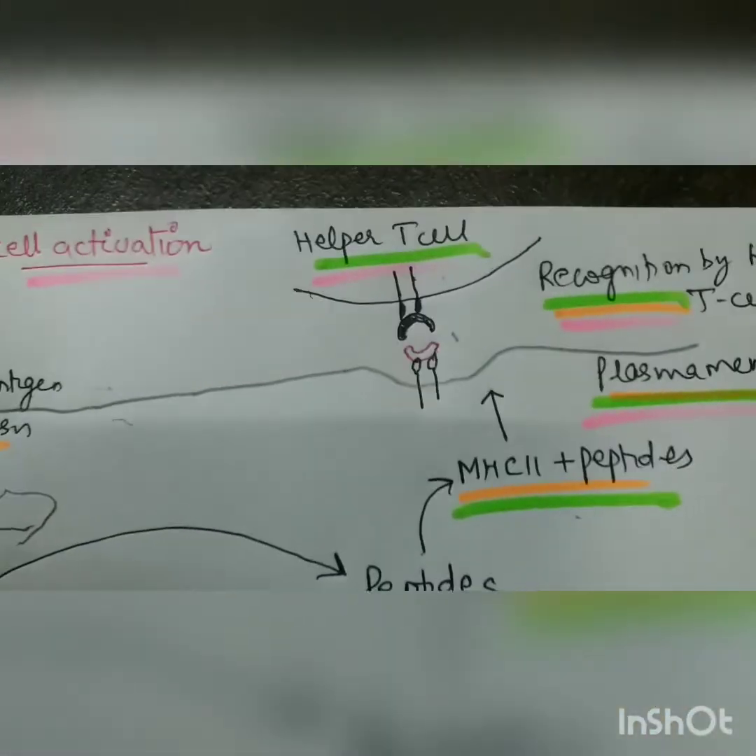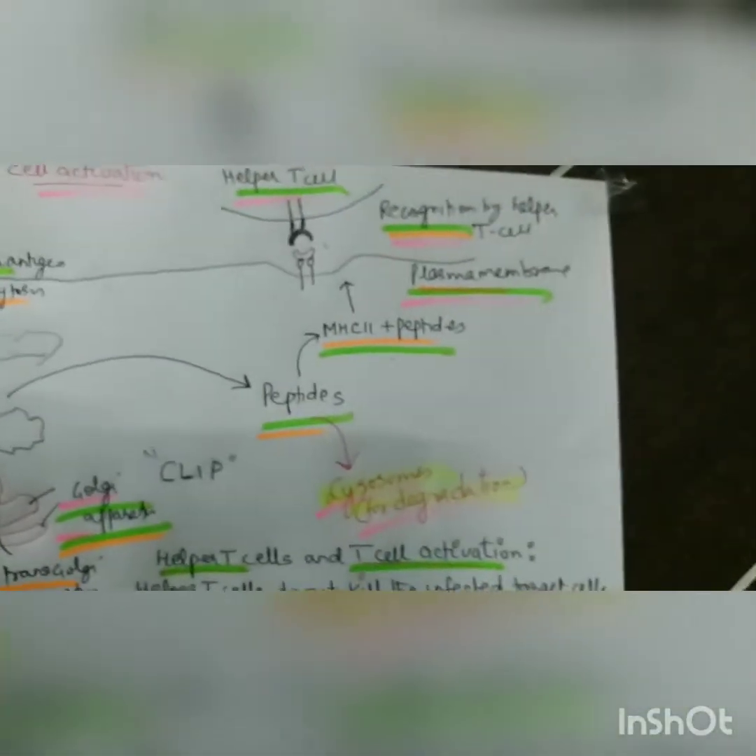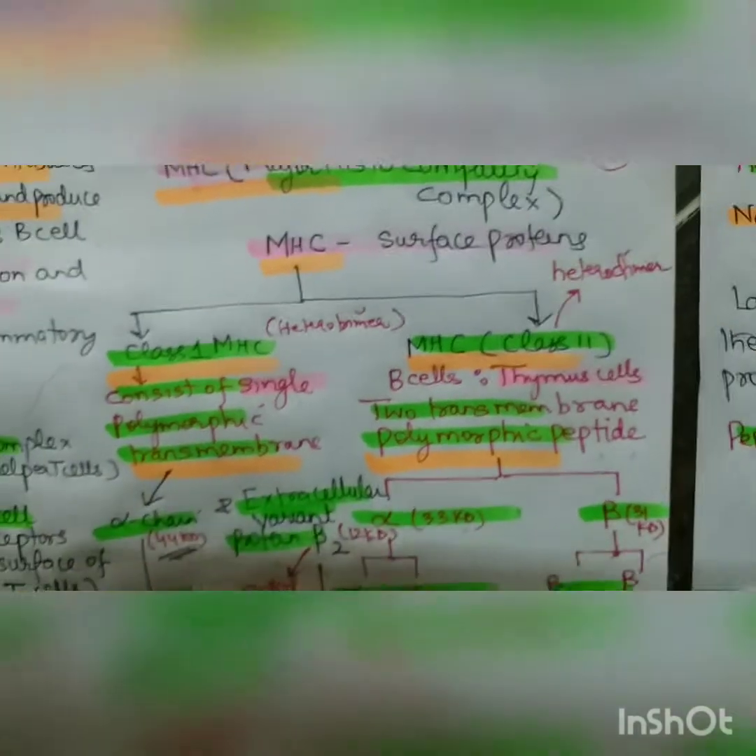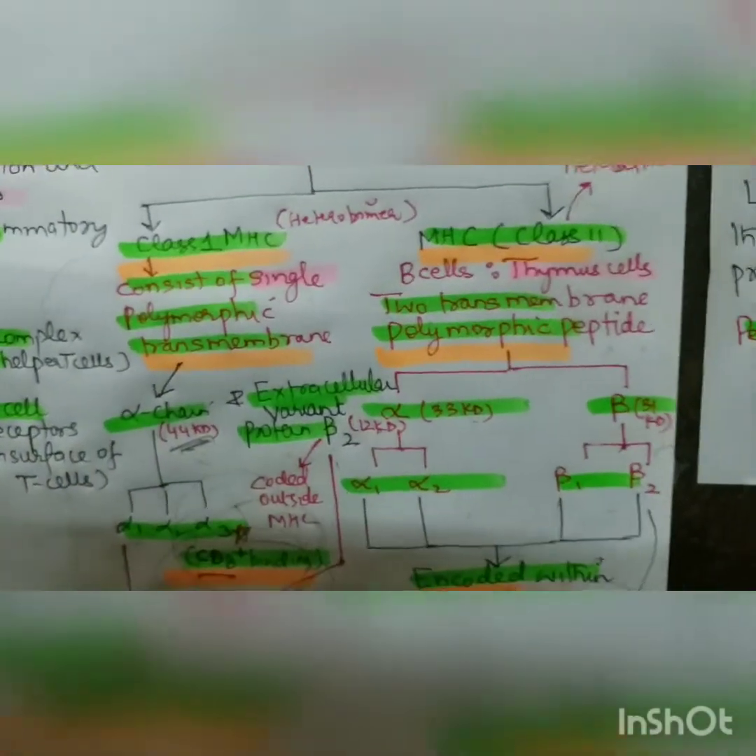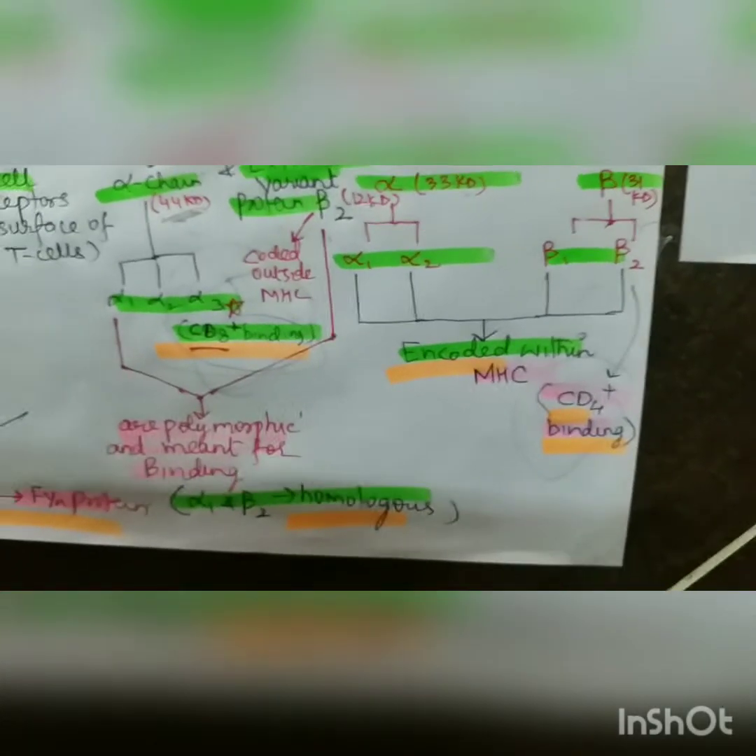and this is recognized by the helper T cells only when it is accompanied by the MHC2. So the presence of MHCs, which we did yesterday, is obligatory for recognition. That is the major histocompatibility complex, class 1 and class 2, right? So these are its types. And again, that is alpha 3 where CD8 binds, and beta 2 where CD4 binds, right? So helper T cell